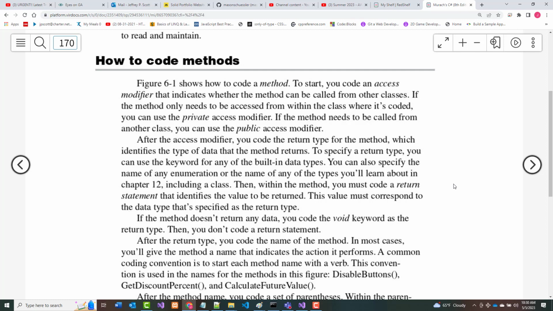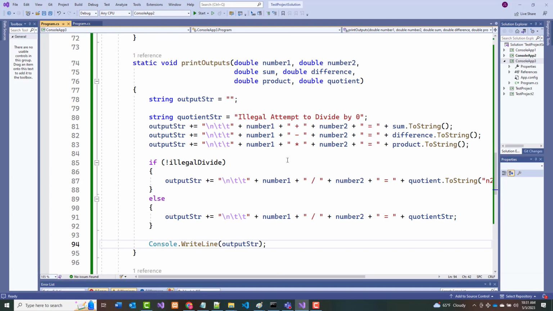Now, what I did earlier today is I made a console app, okay? And that console app was pretty simple, or at least I thought it was, but I'm going to see if I can right now replicate that. I'm going to see if I can come back in here and make it